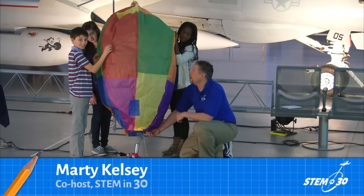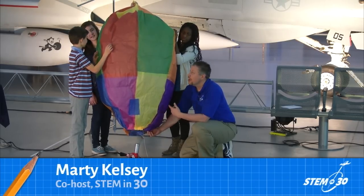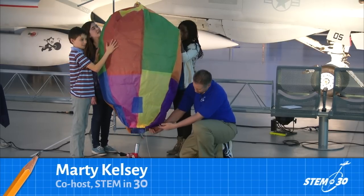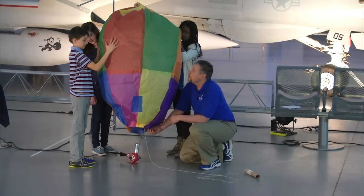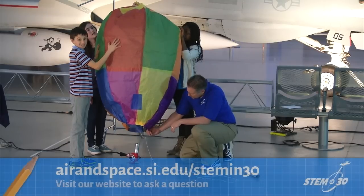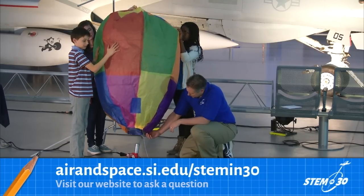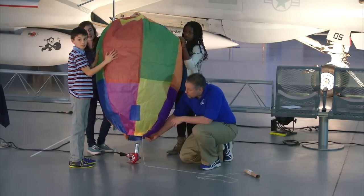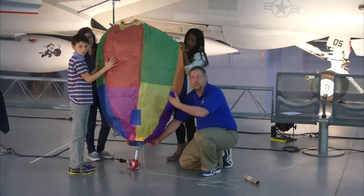I've got some friends here helping me with our hot air balloon. I put this together last week. It's made out of tissue paper and glue sticks. And there's some cardboard and a few staples underneath it. But basically, it's tissue paper and glue stick. And what we're trying to do, we've got a heat gun down here. Guys, lower it down just a little bit. We've got a heat gun that's heating the air going inside, forcing some of that cooler air out from the bottom. And what we're hoping to have happen here in a minute is this will get buoyant, lighter than air,